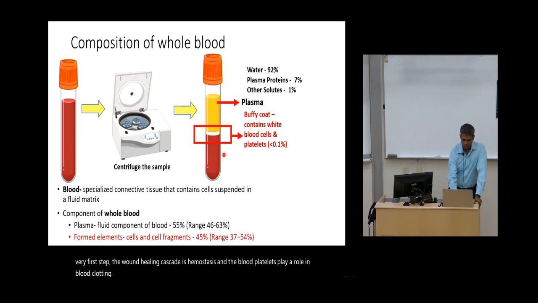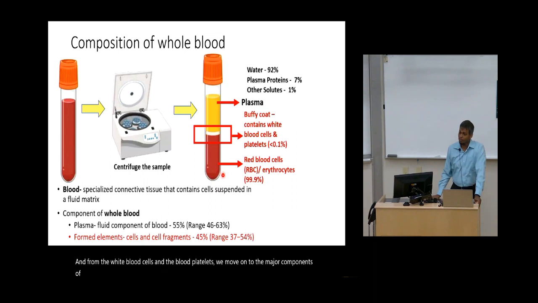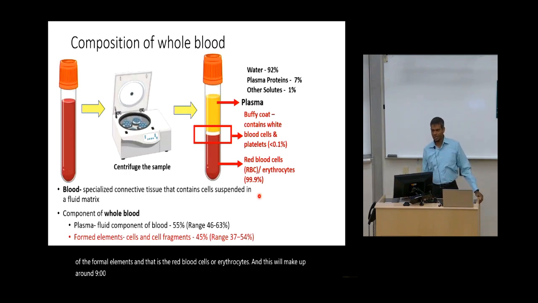And from the white blood cells and the blood platelets, we move on to the major components of the formed elements, and that is the red blood cells or erythrocytes. And this will make up around 99.9% of the formed elements, and the Buffy coat will be less than 0.1%